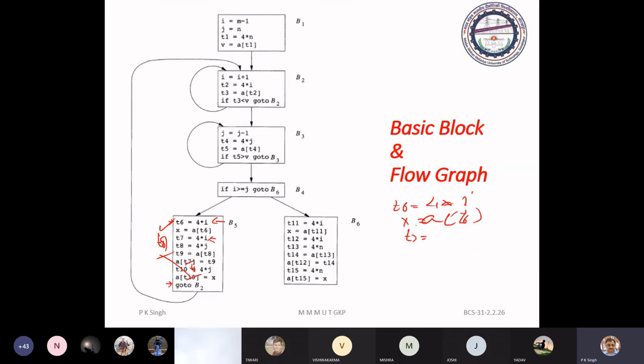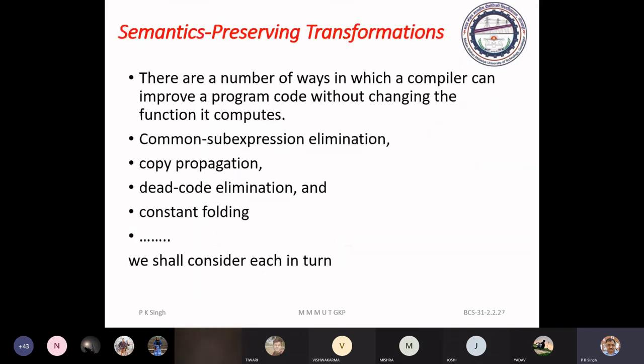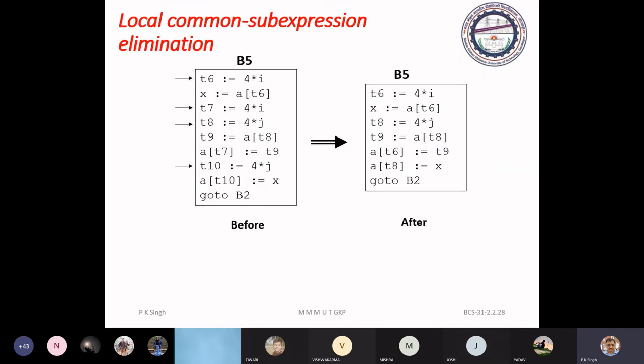See, we have an example. After elimination, you can see it was T7. T6 and T7 are computing the same value.